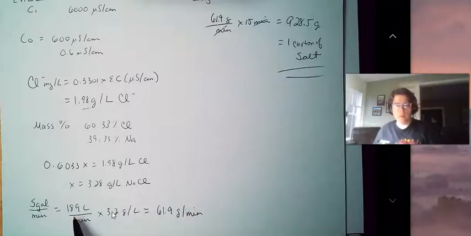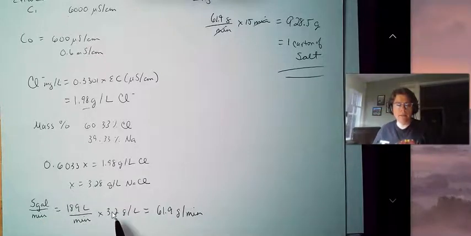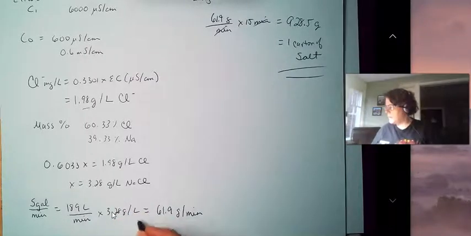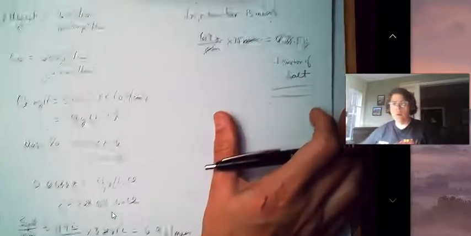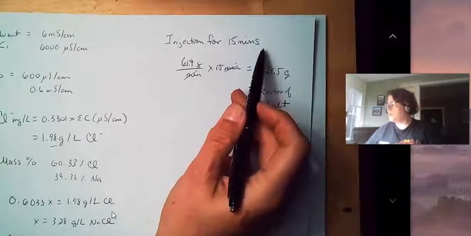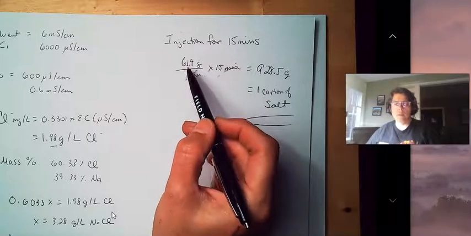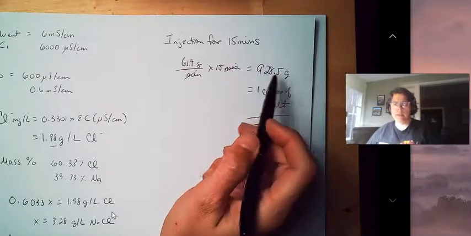Well, if we assume that the water is flowing at 5 gallons per minute, which is 18.9 liters per minute, we look at this at 3.28 grams per liter, which equals 61.9 grams per minute. Okay, so we need to inject 61.9 grams per minute of salt. Well, say we're going to inject for 15 minutes, at that 61.9 grams per minute times 15 minutes equals about